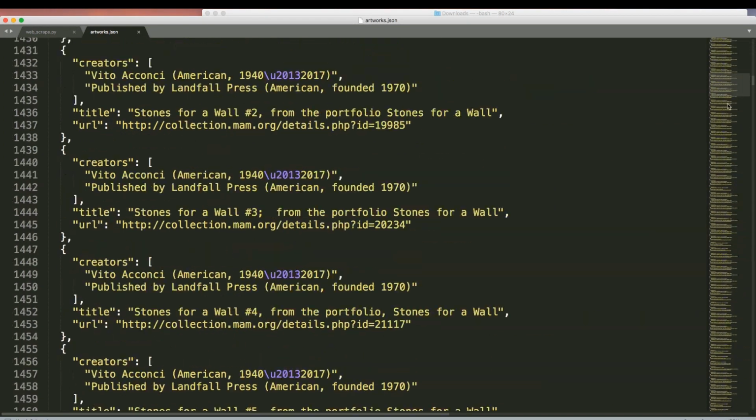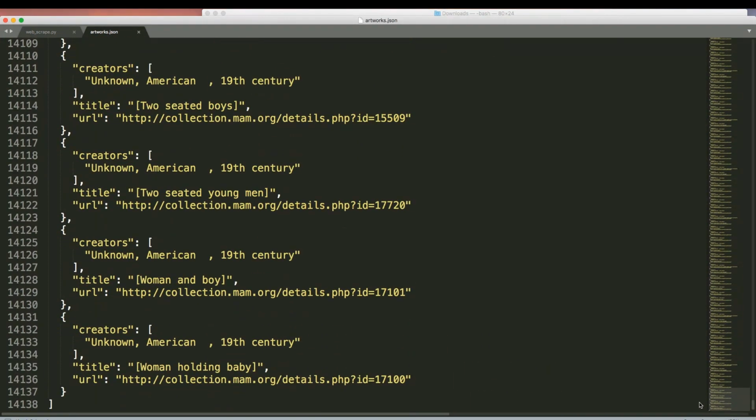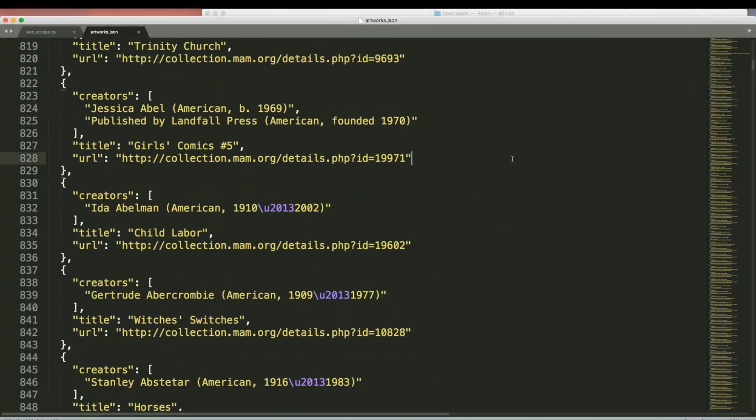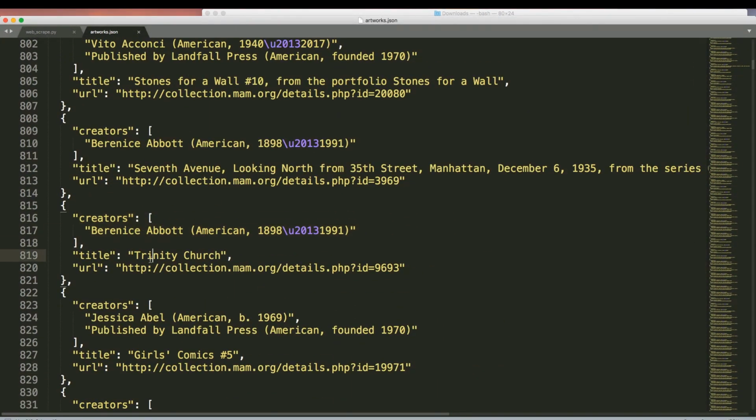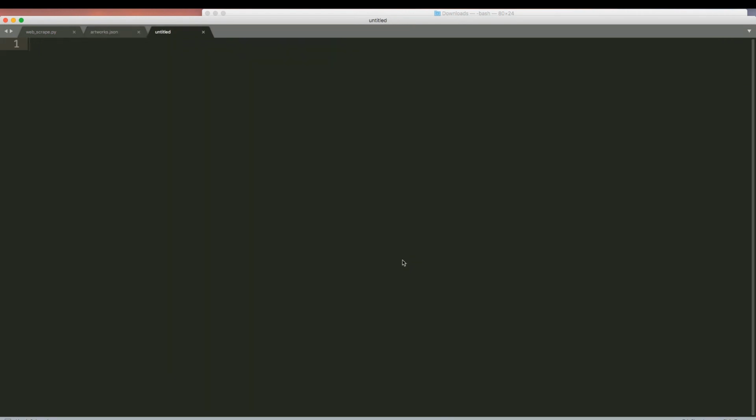So after the script ran, we would have an entire JSON file full of the items. And at this point, if this was all the data you're interested in, you could do something with that. But if you wanted to do something more, you might need to scrape each individual page, right? So then you would need to, we won't do this in this video, create a new script. So if we just plan this out, the first step would be to open that JSON file and load the entries, loop through each entry,